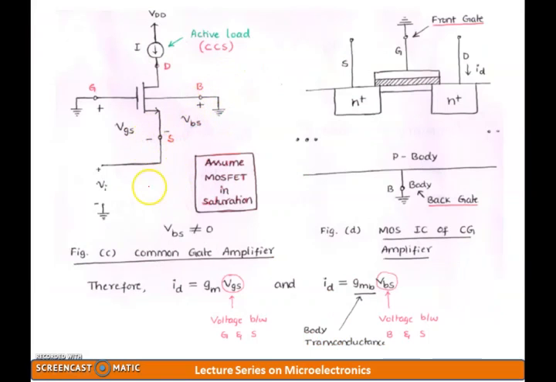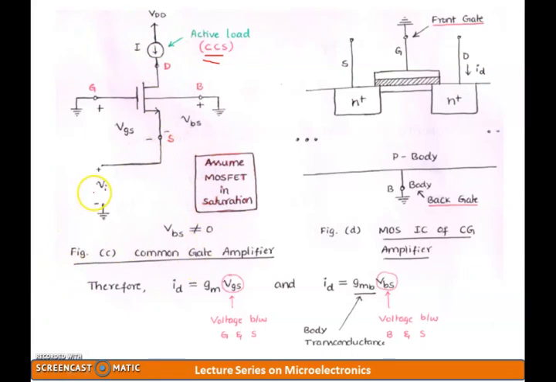Fine. Now here is your common gate amplifier configuration. As we know, in the common gate amplifier configuration the gate terminal will be the grounded one. So my input will be applied to the source, and I am going to take the output at the drain point over here. Again I am not going to elaborately show how this active load looks. This active load I repeatedly mention as a constant current source or CCS. That means there will be a MOS constant current source attached over here. Since I cannot show it every time, I am just showing it in a symbolic way in place of that entire circuit.